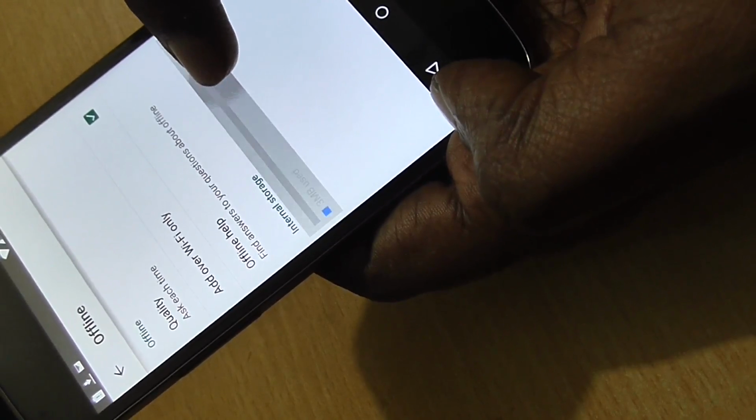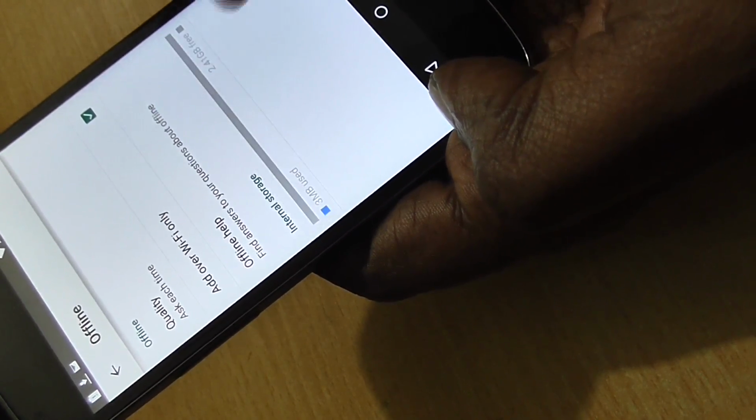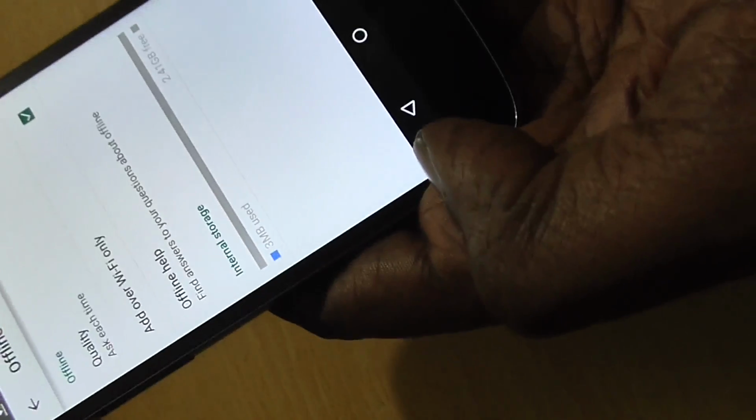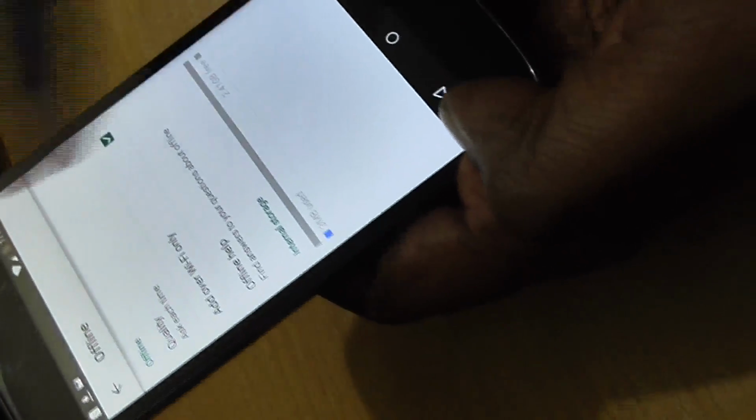Apart from that, it also shows you the internal memory which is free and the memory which is being used. Here you can see the memory used is around 3 MB at the moment, memory used by the YouTube video in offline, right?